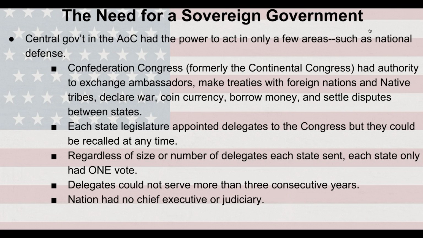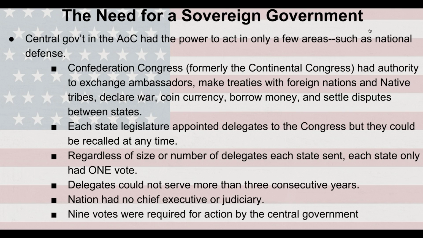There was no court system in place. Each state had their own court system, but there was no national court system to sort of moderate things. And 9 votes were required for action by the civil government. So each state had 1 vote. So this means 9 states had to agree that action should be taken by the central government before the central